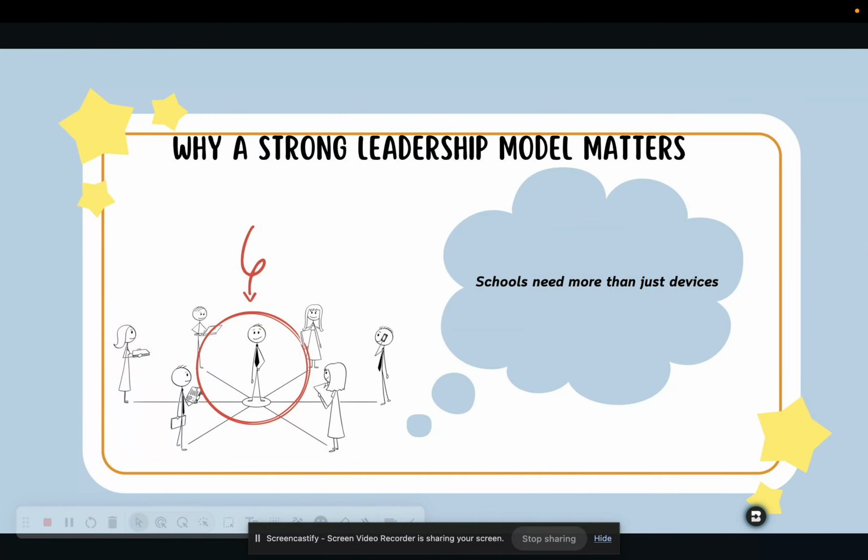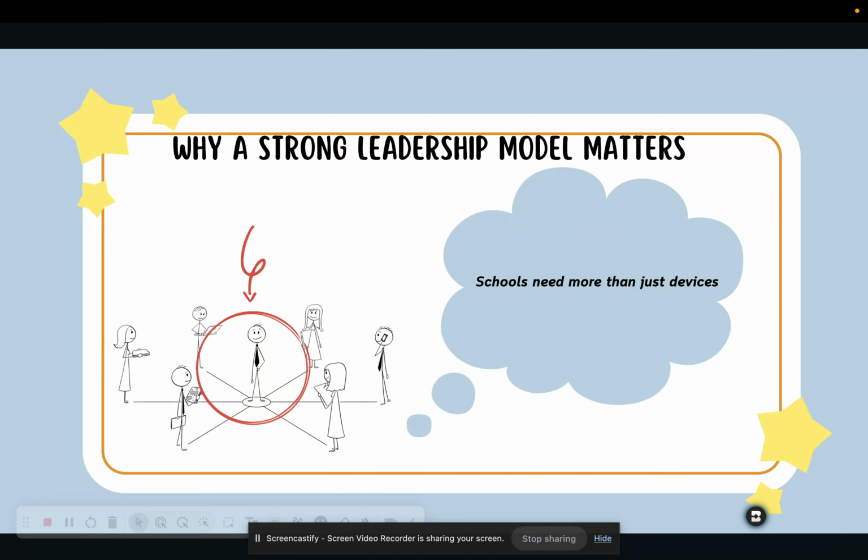I work in a school where teachers are stretched thin. Resources are limited and expectations keep piling up. Technology is often seen as another demand, not a support, and I think that's where we've gone wrong. We can't expect teachers to suddenly transform instruction with digital tools if we haven't first invested in their growth, their voice, and their day-to-day needs.